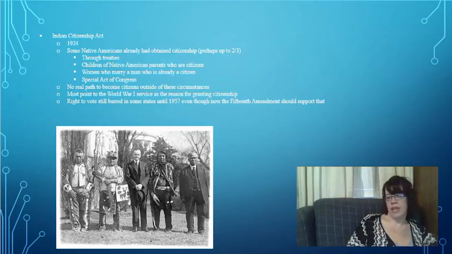But part of the problem with Native American citizenship is outside of these ways, there was no real path to citizenship before the Citizenship Act of 1924. And that's problematic because they were not citizens, but they lived here. Their rights and treaties and properties are decided by the government, but they have no real say in it. And there's no way for them to become citizens because the paths to citizenship, as outlaid at the time, only talked about foreign-born people, and they were not foreign-born.